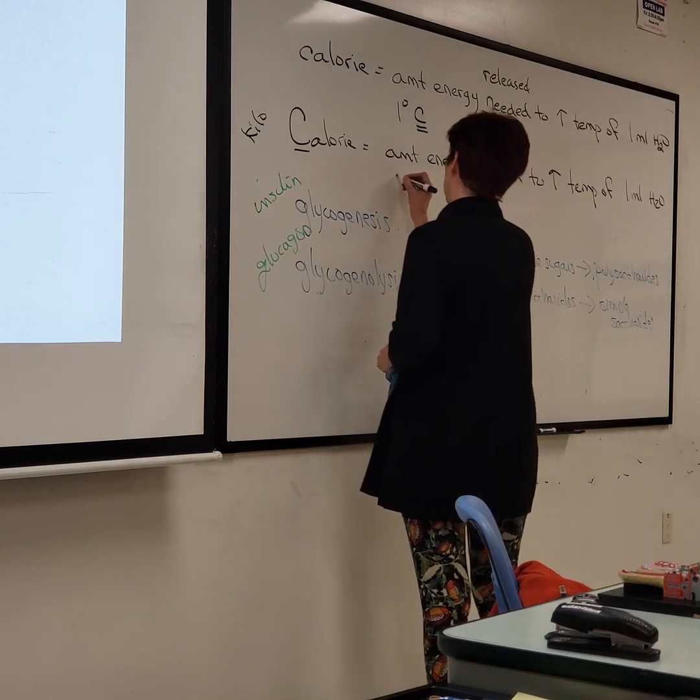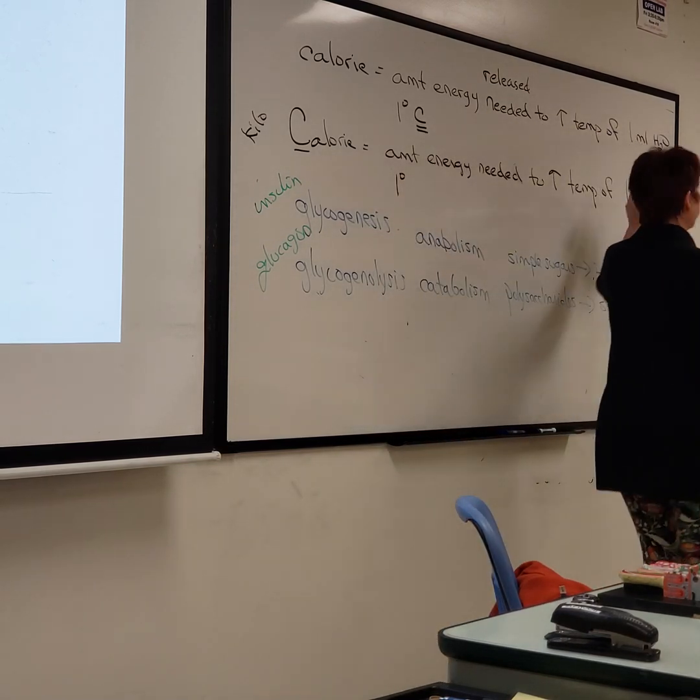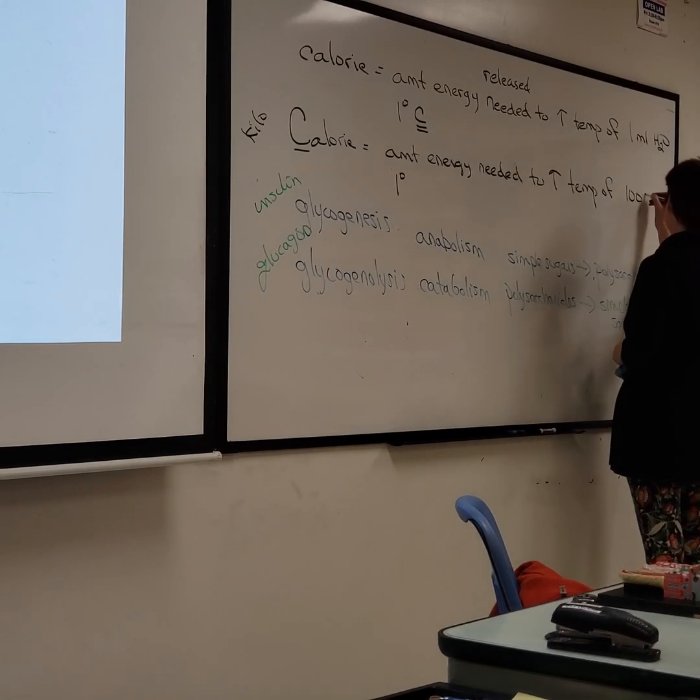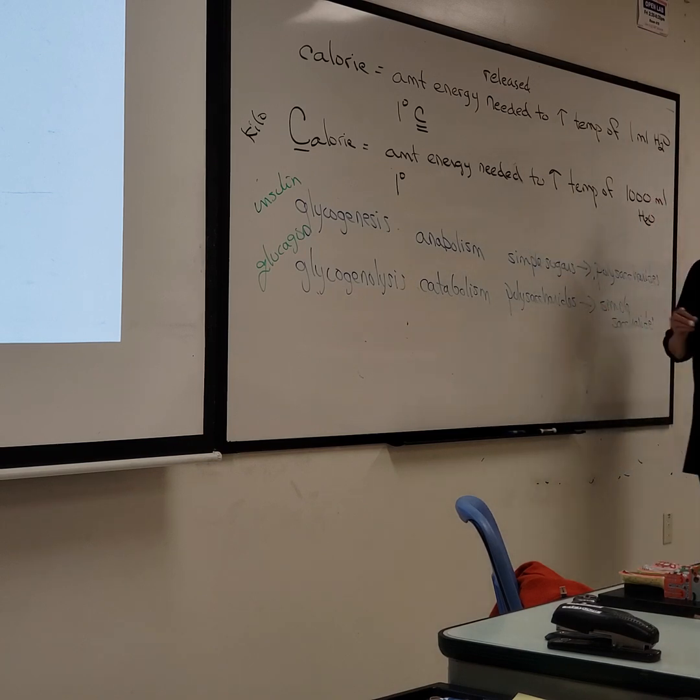So to raise 1,000 mils of water, which is a liter, 1 degree, okay? I suppose you could say 500 mils, 2 degrees, but we can't raise it 1,000 degrees. It won't go to that temperature. Water won't go higher than 100. All right? So kilocalorie,